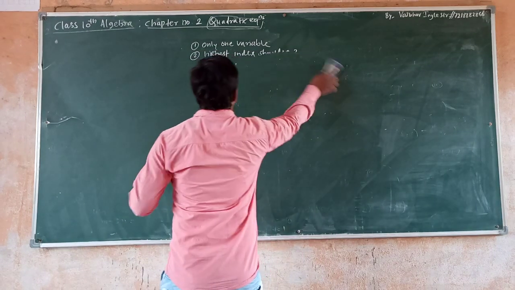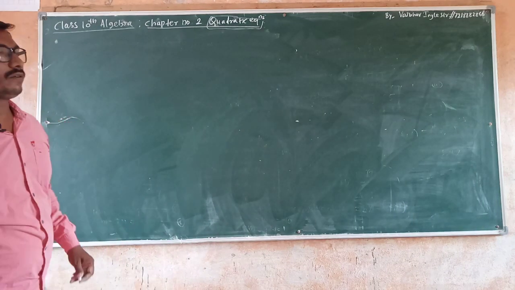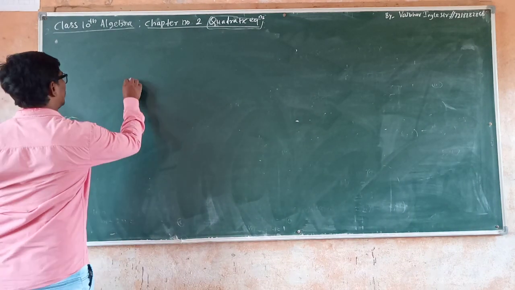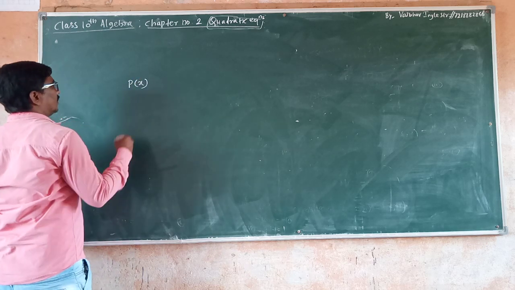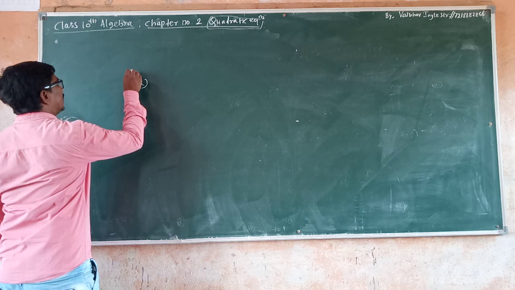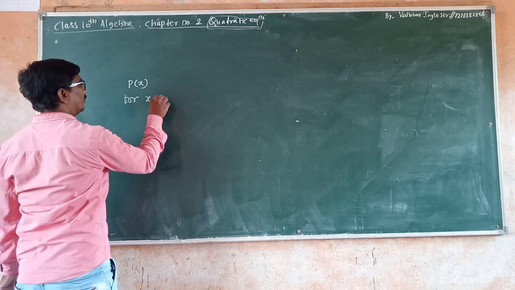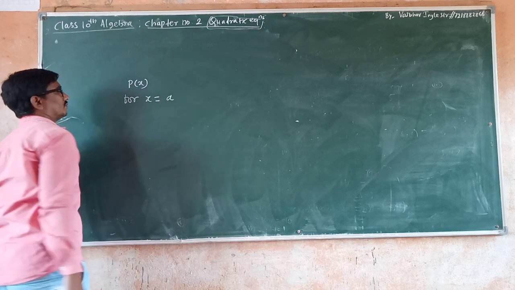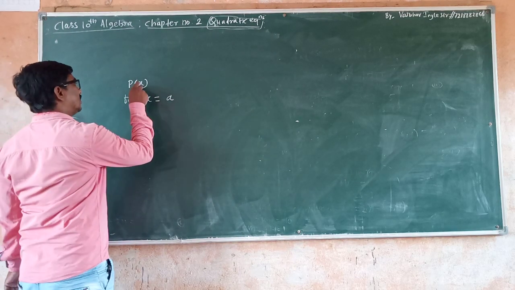I hope you all remember zeros of the polynomial. What were the zeros of a polynomial? If you are given any polynomial in x, and any value of x, say x equals a, and you put x equals a in the polynomial,